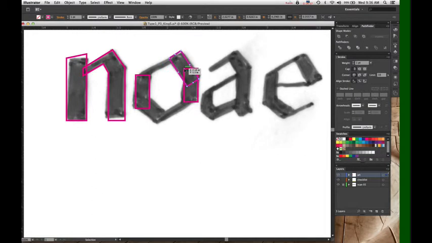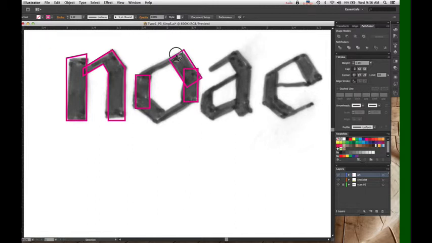And put it where I want it. Once I generally have it where I want it, then I can change the individual points of the shape by holding down the direct selection tool. I held down Shift and grabbed two of the points at the same time. That's about the thickness I want for that.